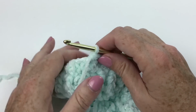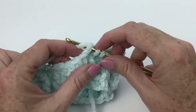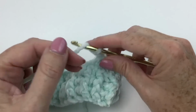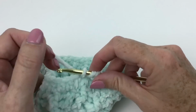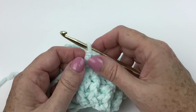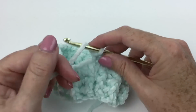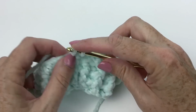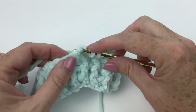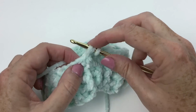Then it says half double crochet, chain 1, half double crochet in the next half double crochet. So I'm going to go half double crochet, chain 1, and then half double crochet in that same stitch. See, there it is. Then we're going to half double crochet in each of next, in my case, 3 stitches. 1, 2, 3,